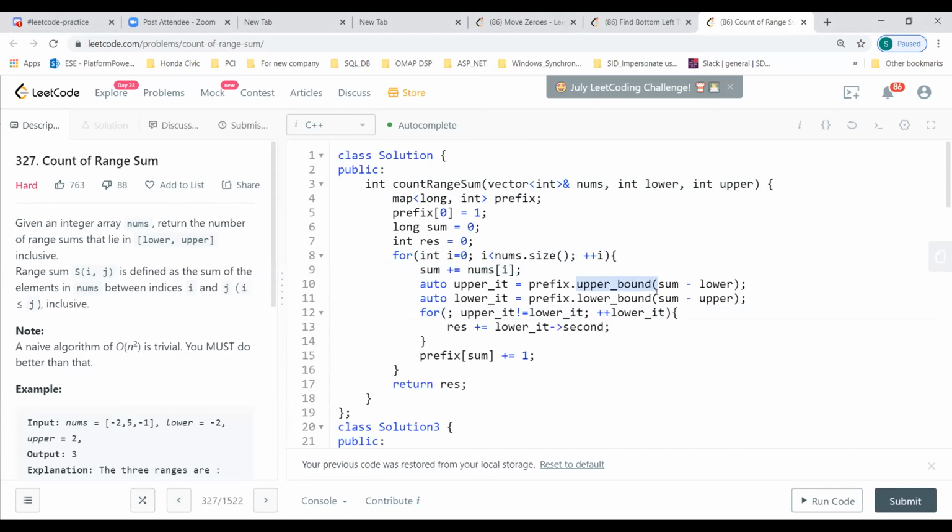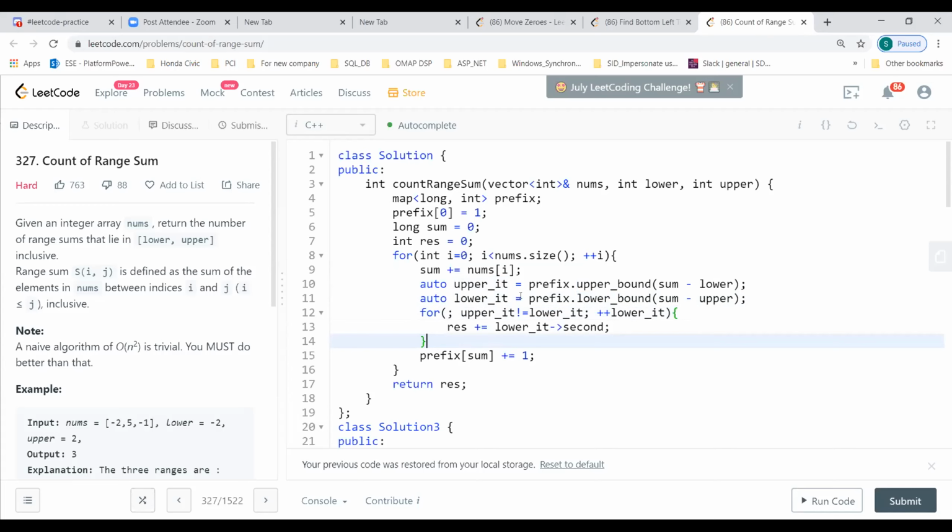And here it is trying to find the lower bound. So you have two iterators in this case, and then you just iterate them. If the upper iterator is not equal to the lower iterator, that will be your exit condition from this one.